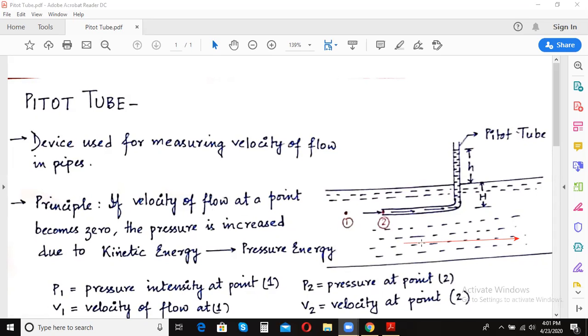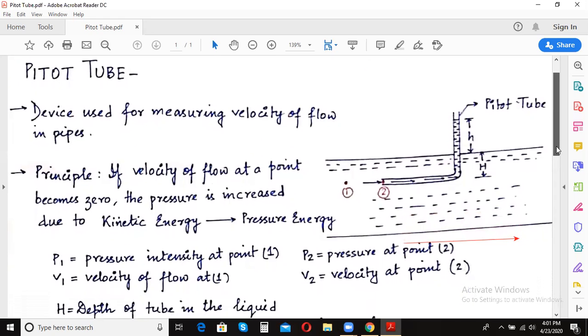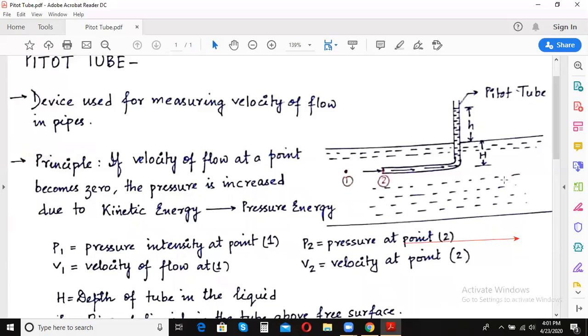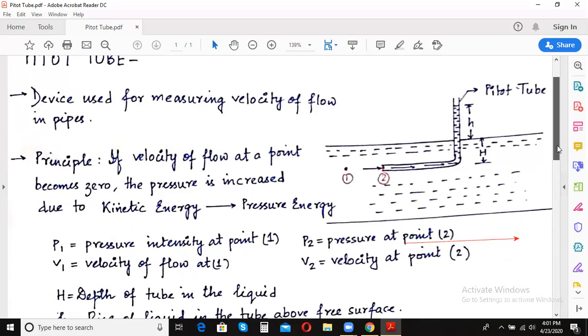Now why are we inserting this pitot tube? To measure the velocity of flow which is taking place through this pipe, right? In order to find the velocity, what you have to do now is choose 2 points or 2 sections. Clear? Now one point, this is one point, and I have chosen this point far away from this tube. And the second point is this point here. This point I have chosen just at the inlet of this tube.